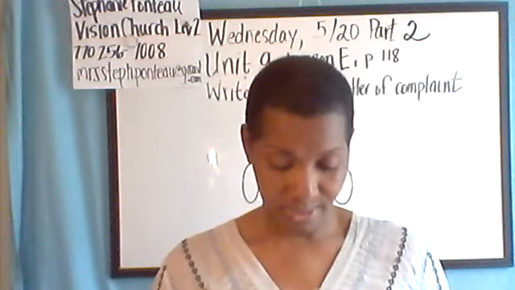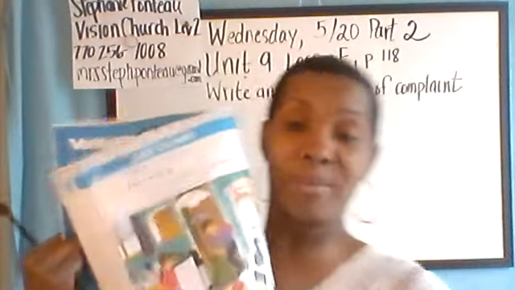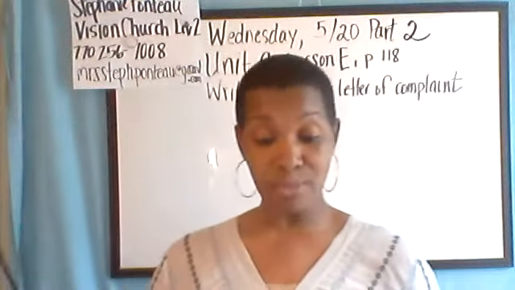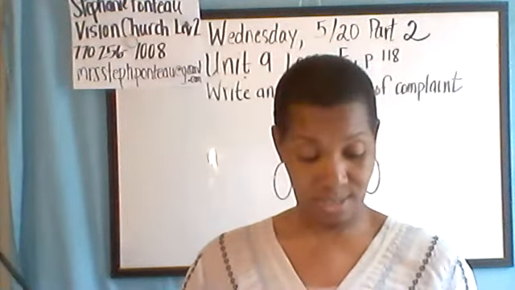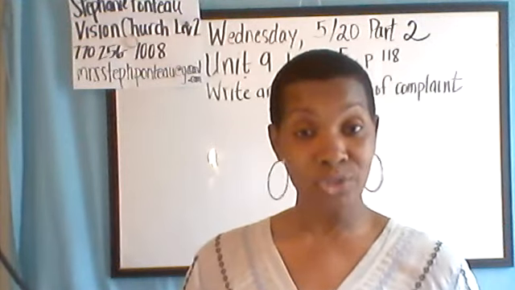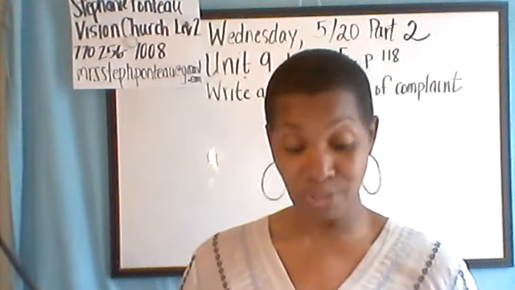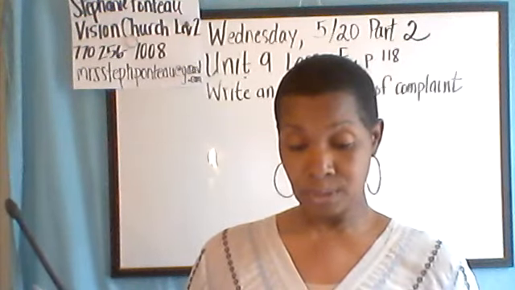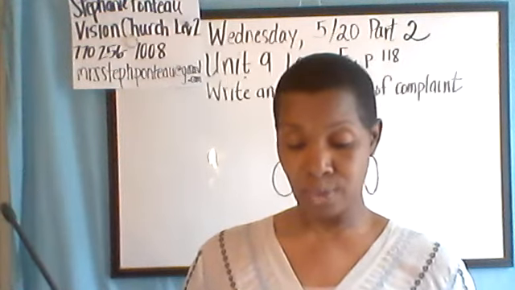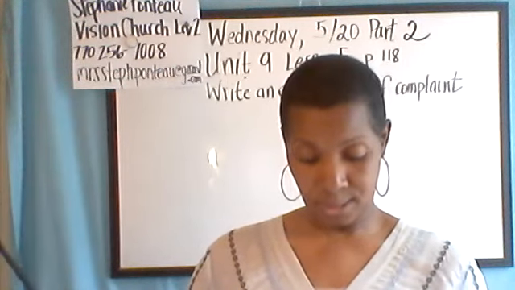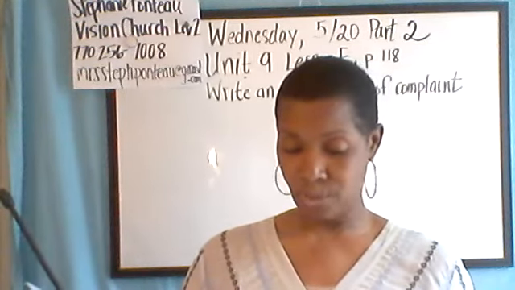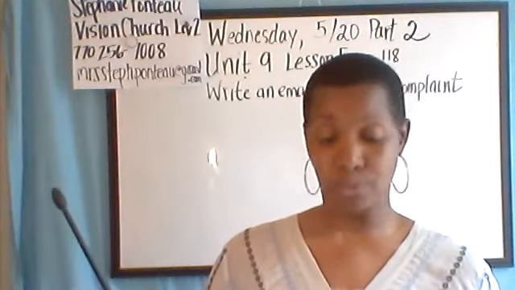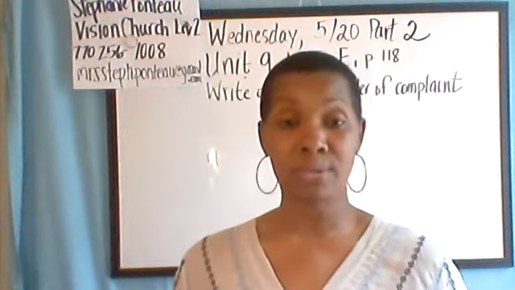Let's see, let's look back at 110 real quick. Remember this scene right here, right? Yes, that's Stella in her kitchen with all the problems. Now, what problems was she having on page 110? She had a leaking dishwasher, right? She had an overflowing washing machine. She had, I think the light bulb wasn't working. And let's see, I think that was it. The dishwasher, washing machine, and I think that maybe the lock was broken. Okay, so Stella had some problems.